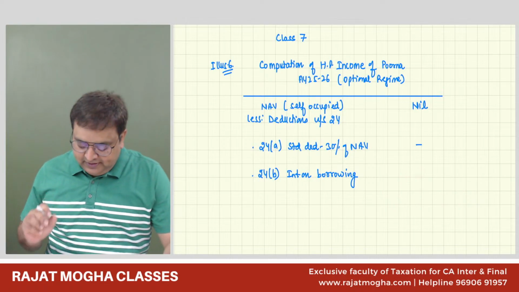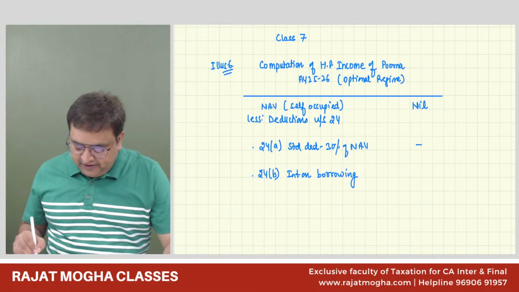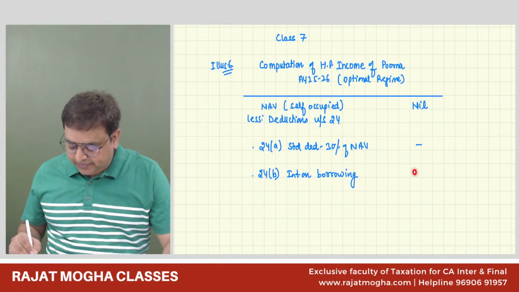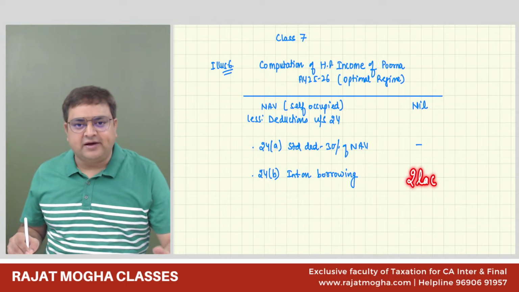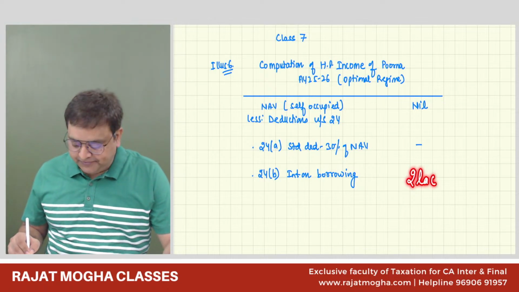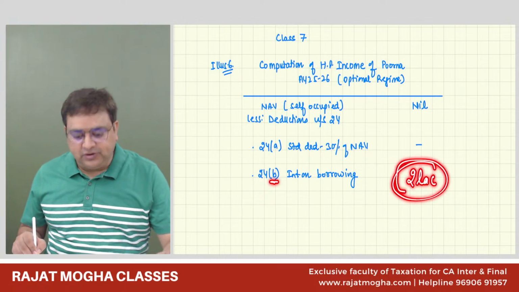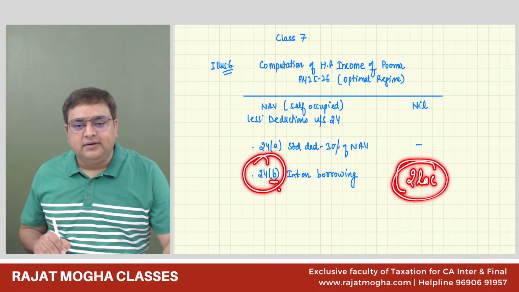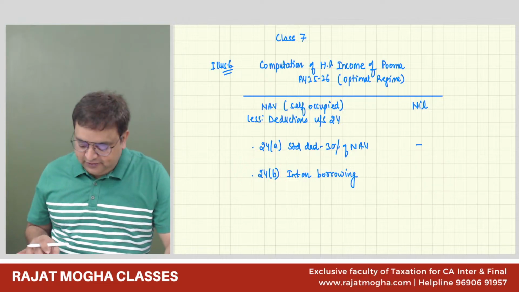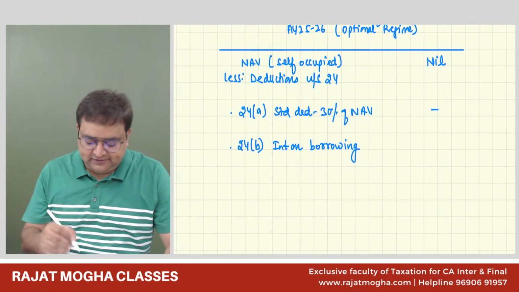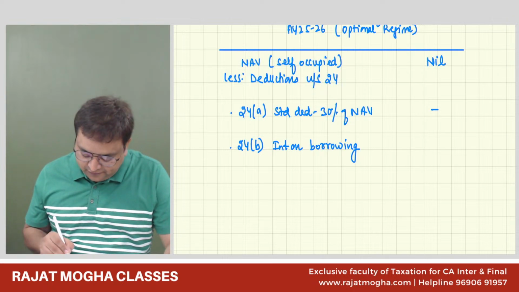Understood? Second thing is that when I say in the optional regime the maximum limit is 2 lakh for construction or purchase, then it is the sum total of 24B. And what is 24B actually? 24B consists of 2 things. 24B consists of current year interest,